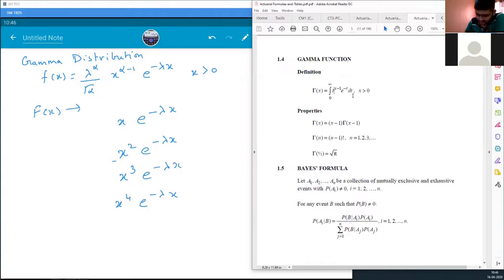So if my alpha is 200, I'll have to do integration by parts 199 times. So that becomes such a lengthy process. And also, if alpha is a non-integer value, then we'll not be able to solve that integration. At least we don't know how to solve it. There are many methods. We have not studied those methods.